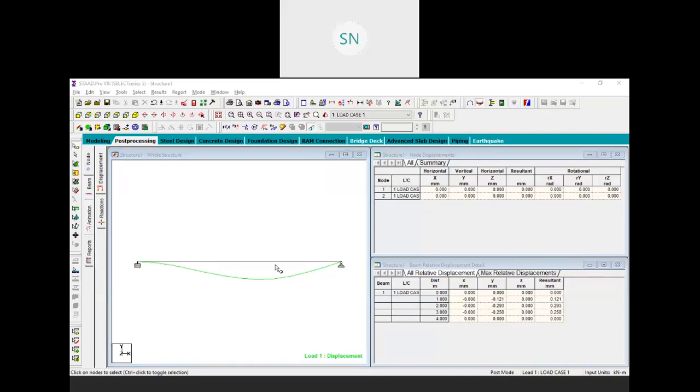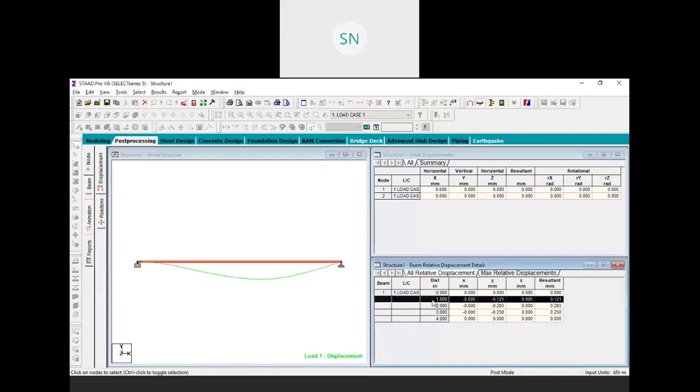But if we divide our beam into 4 divisions, here is the result. When you reach 1 meter around here, we have 0.121 mm displacement in the negative y direction, so minus 0.121 mm. Then at 2 meter we have 0.293 mm. At 3 meter we have 0.258 mm, right?